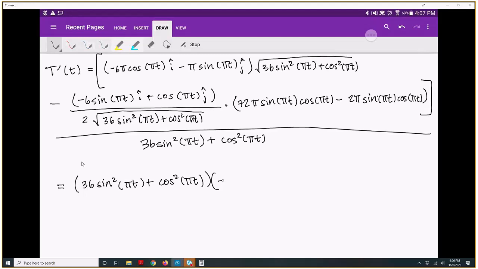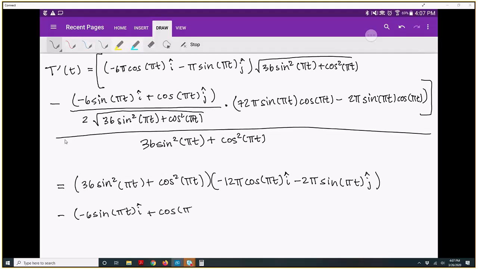So that's going to be minus 12 pi cosine of pi t i cap minus 2 pi sine of pi t j cap. Then here where I subtracted, my bottom cancels. So I have just minus sine of pi t i cap plus cosine of pi t j cap,